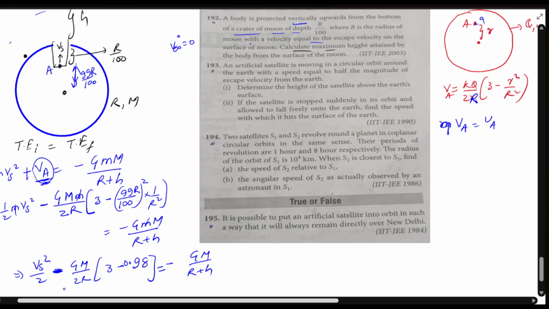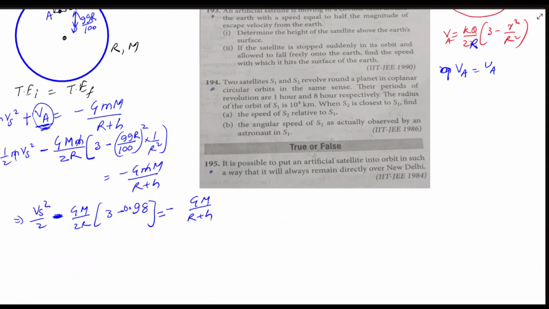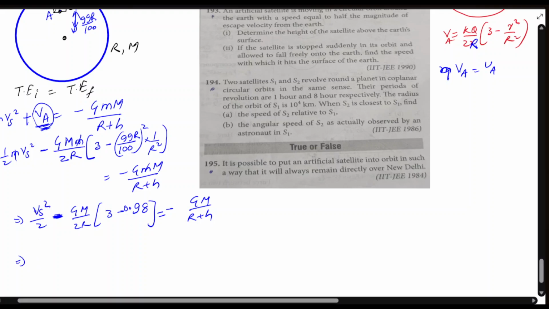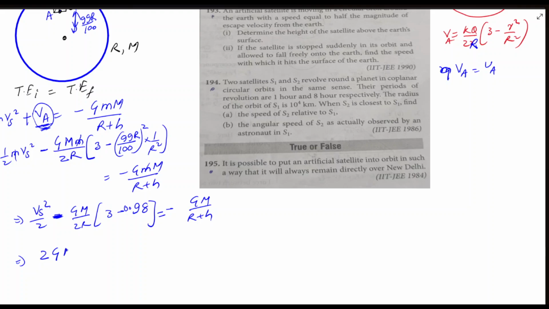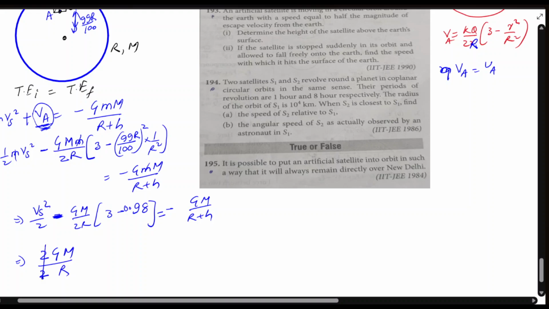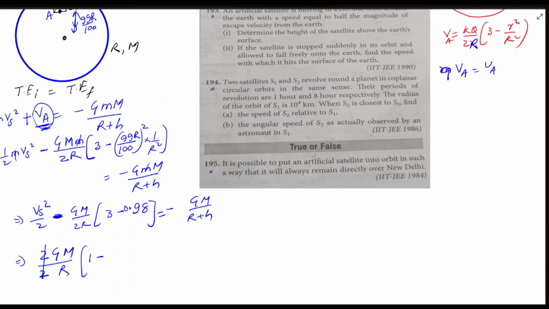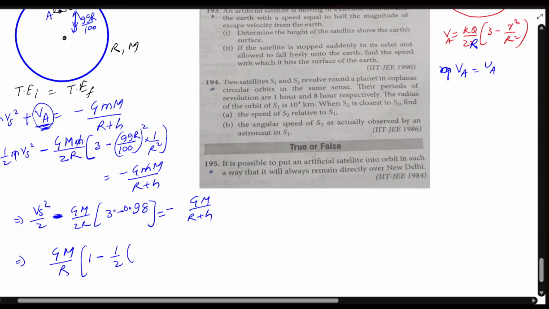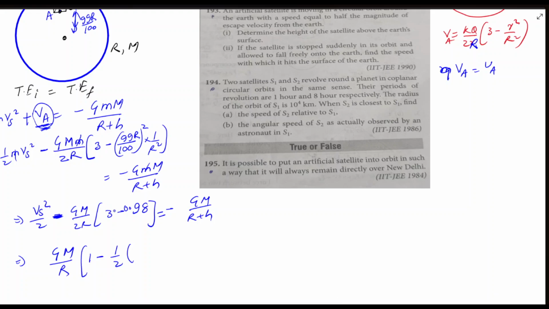Okay, because we have to put the value of vs, so let's put the value of vs. It will be root 2 GM by r, so the square will be 2 GM by r, and this 2, 2 will get cancelled, and if you take GM by r common, we'll have 1 minus 1 by 2, and 3 minus 0.98, so 3 minus 0.98 will be 2.02, right? So it will be 2.02,